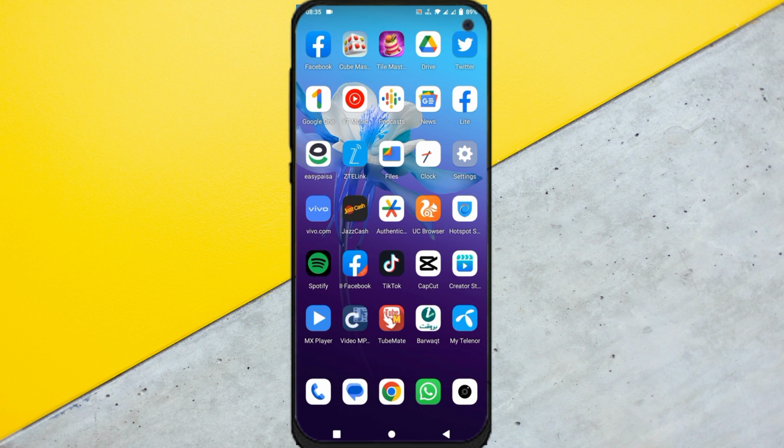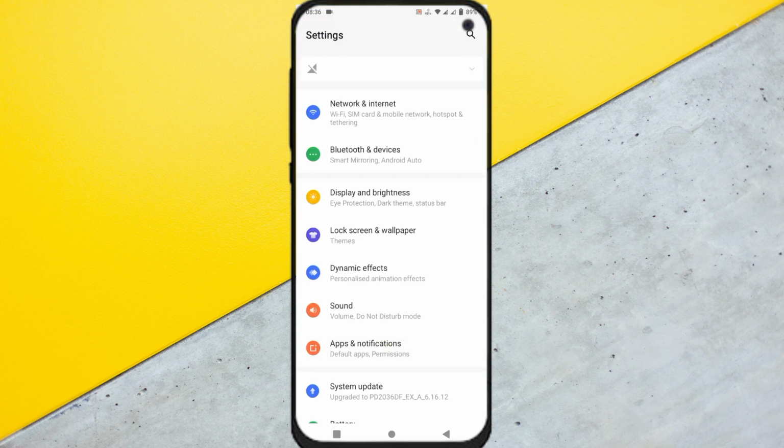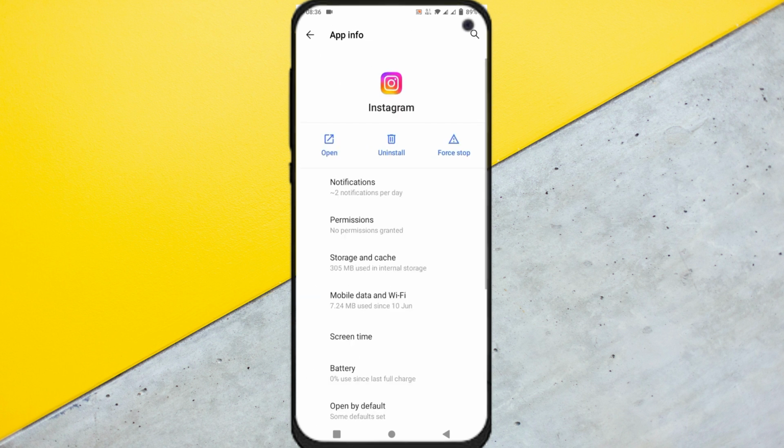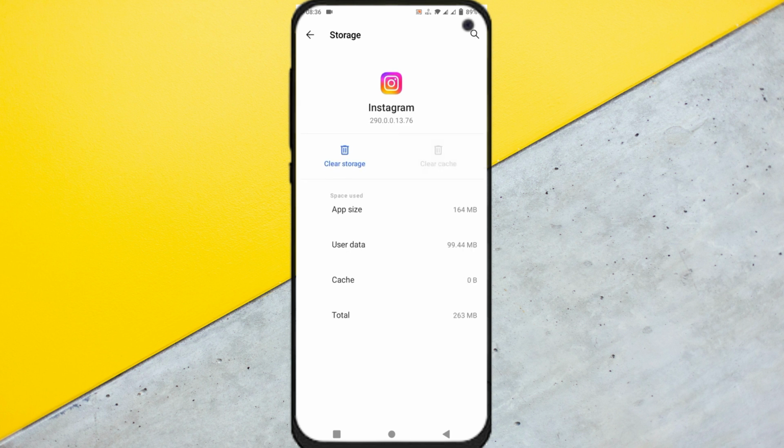If not fixed, then open your settings again and click on apps and notifications. Click on Instagram. Here you can see the option of storage and cache. Click here and click on clear cache and clear storage. Click OK. If the settings of your Android mobile are different from mine, then I'll tell you